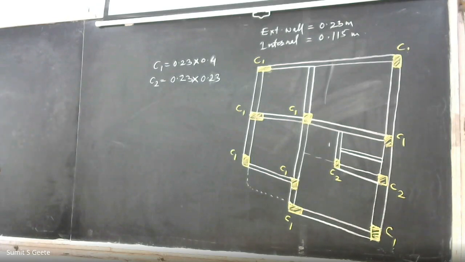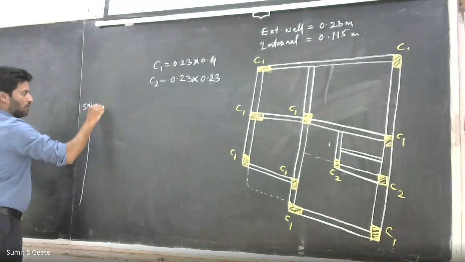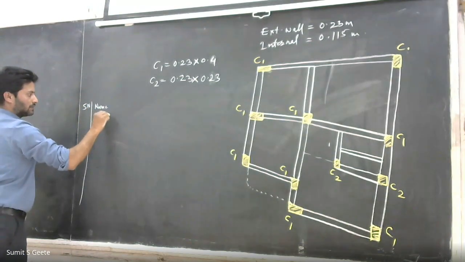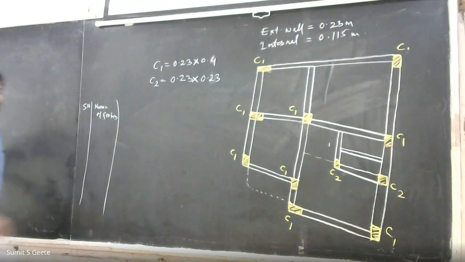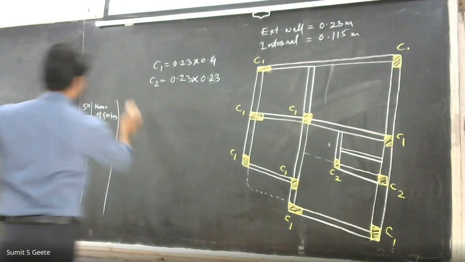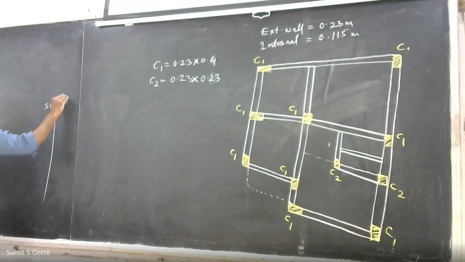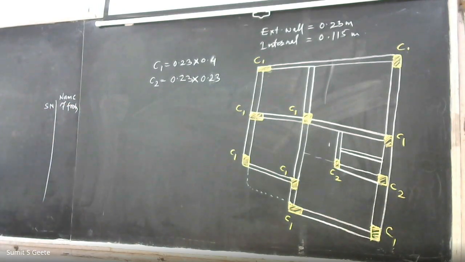Now the second parameter is related to the data given pertaining to this C1. What data we want? First, write down serial number, name of footing. Let's start from this. So serial number, name of footing. Third one is